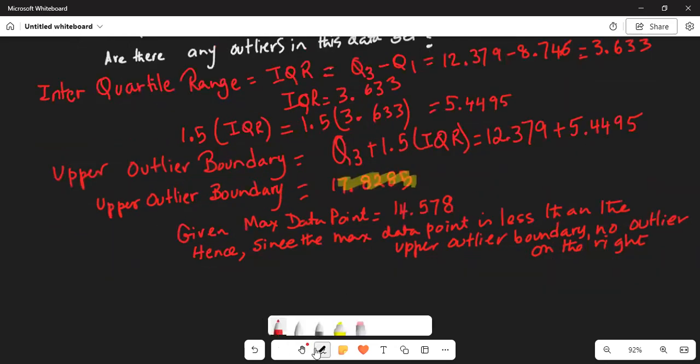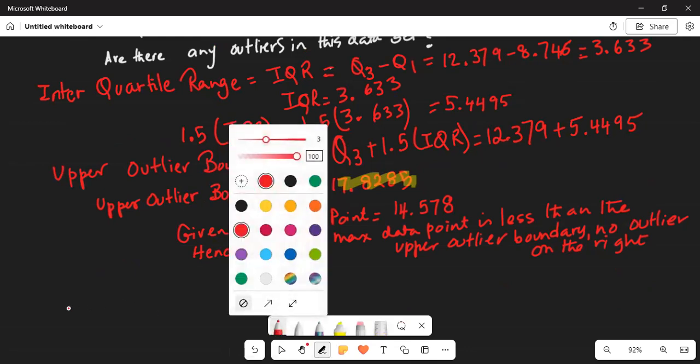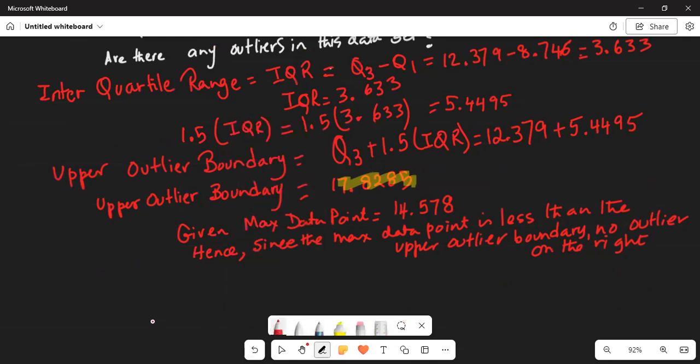The lower outlier boundary is Q1 minus 1.5 times IQR, which is equal to